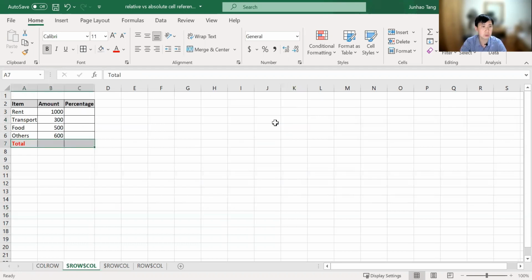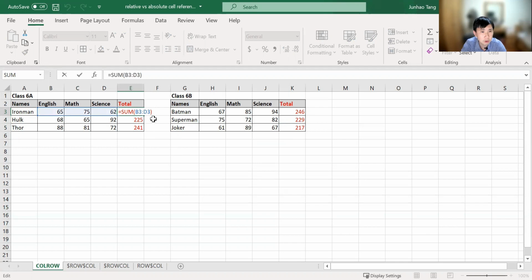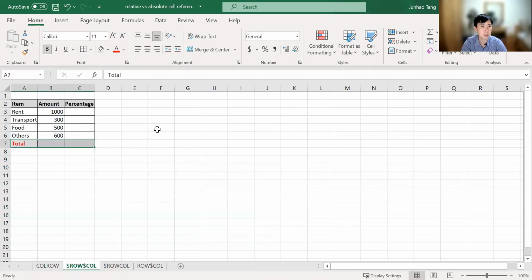So if you can see over here, the formula does not have the dollar sign. Okay. So for relative, it does not have the dollar sign. But for absolute, you will see the dollar sign. Okay, so this is what I mean. Okay, so in this example,